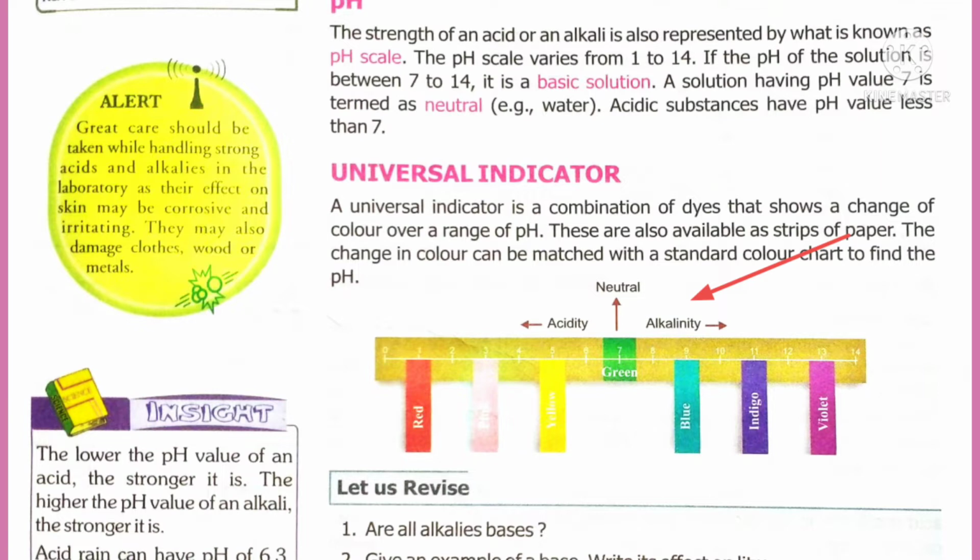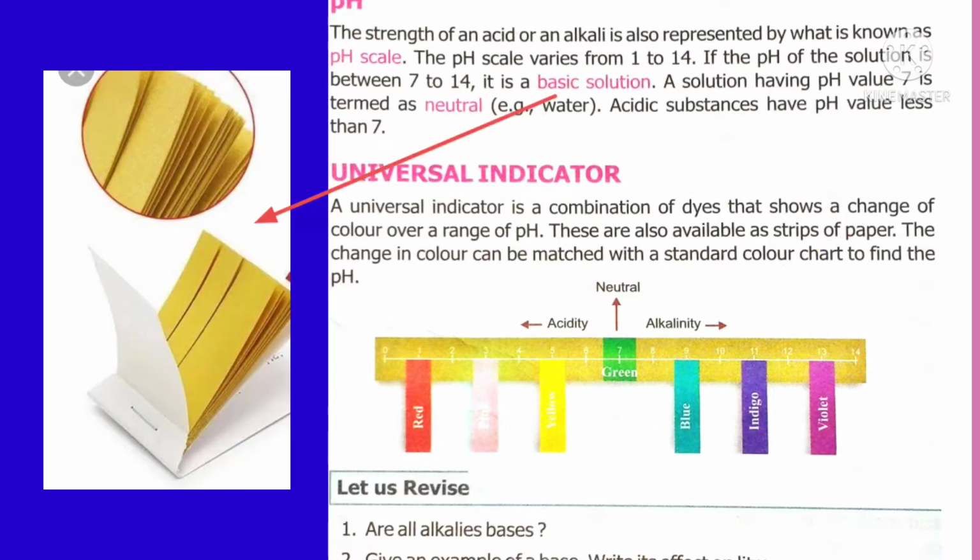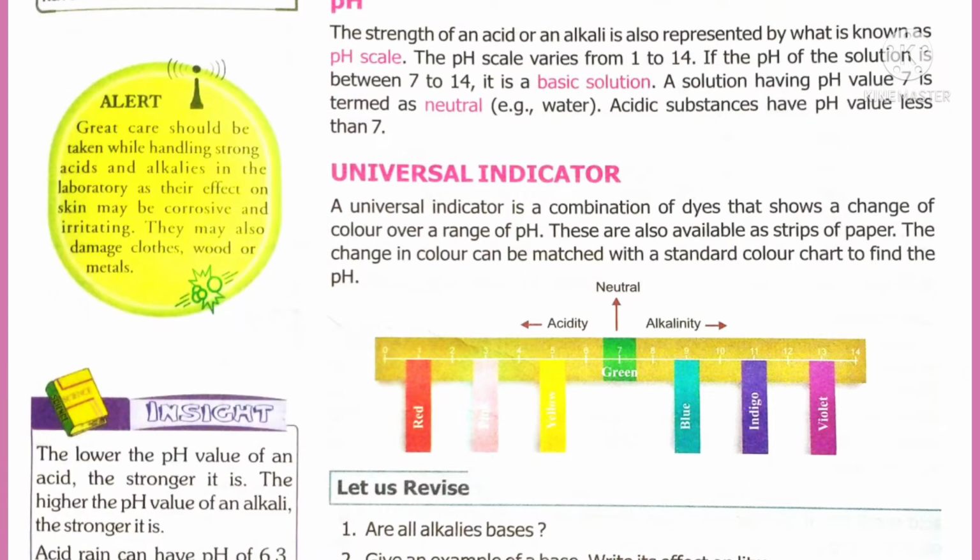There is also a pH indicator, that is universal indicator, which is yellow in color. It looks like strips of paper. With the help of this indicator we can measure the pH reading. How does it happen? On adding this yellow strip of paper into the solution, the color changes depending upon the strength of acid and alkali. If the paper changes into violet, indigo, blue, then the solution is alkaline in nature, or an alkali solution. On adding this paper to any acid, the color changes to yellow, pink and red.